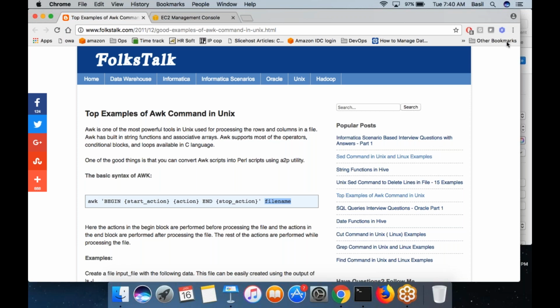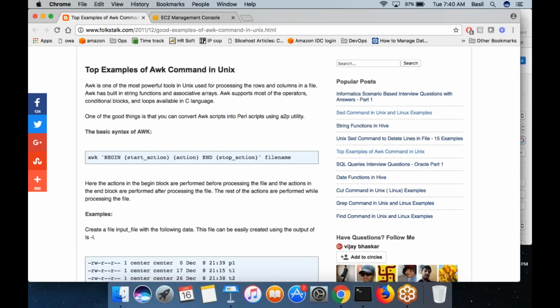Like grep, the way you run it is kind of the same. Awk command followed by the file name, or cat the file name, put a pipe symbol, then the awk command. That's also fine. There are three sections that you see for any awk command. There is one begin section, then one main action section. At the end, you find a section which says end.